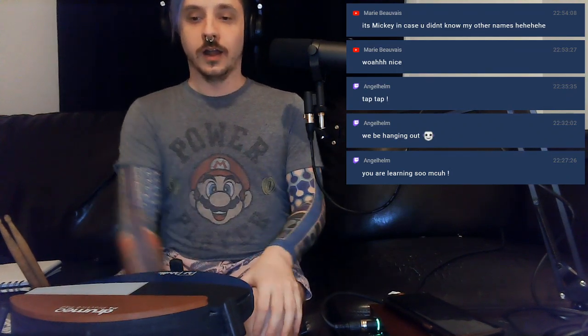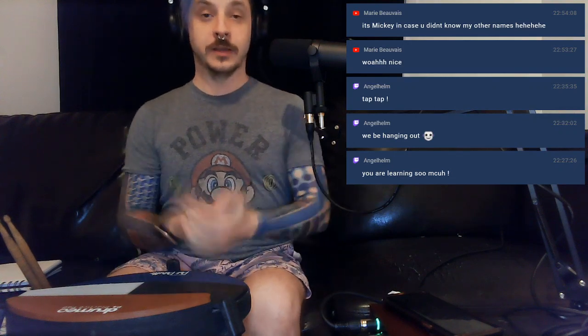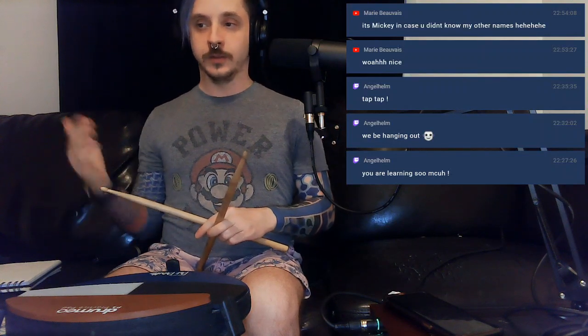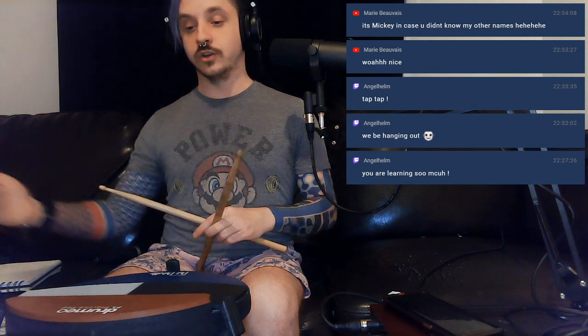Now I'm going to try it without saying the paradiddle diddle part, and I'm going to replace it with the numbers of counting the measure: 1e and a 2e and a 3e and a 4e and a. Now I'm going to see if this has an effect, if I'm still going to be able to do it at 65. If not, I'm going to go back to saying paradiddle diddle and then try to switch over. But let's try to do it cold, counting it with 1e and a 2e and a 3e and a 4e and a. Let's see how that goes.